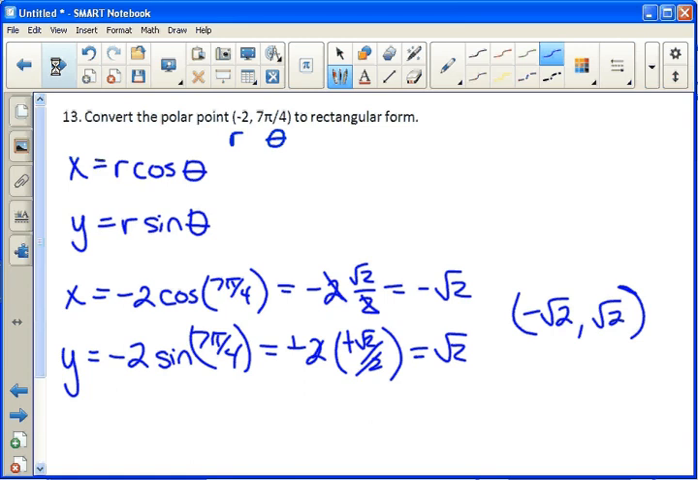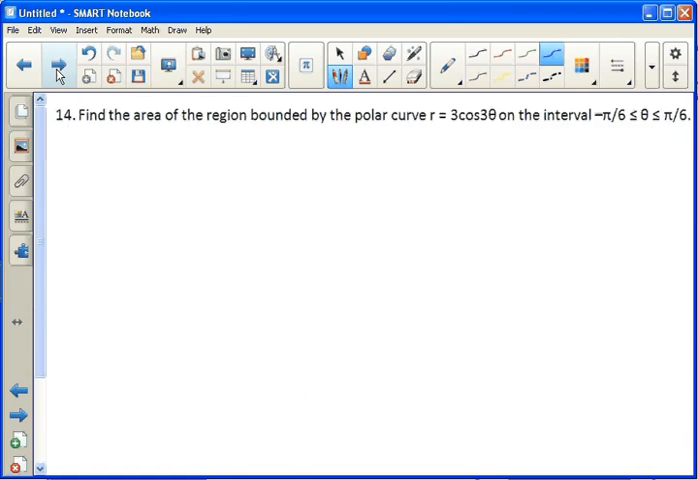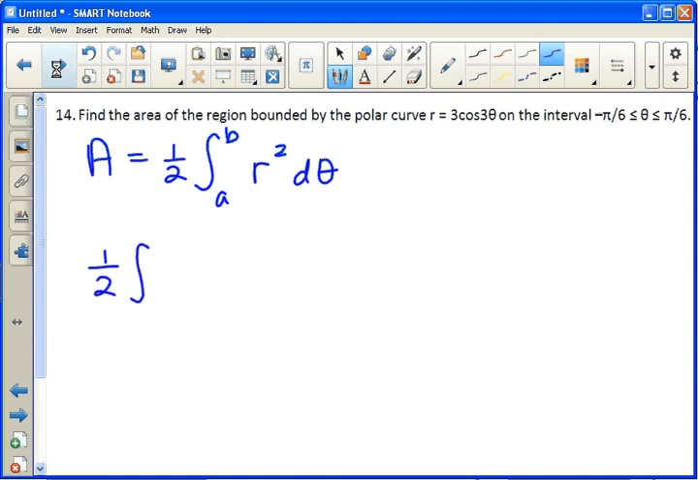Find the area of the region bounded by the polar curve r equals 3 cosine 3 theta on the interval negative pi over 6 to positive pi over 6. Area formula for polar equations is 1/2 times the integral of r squared d theta. So we will do 1/2 times the integral from negative pi over 6 to positive pi over 6 of 3 cosine of 3 theta squared,